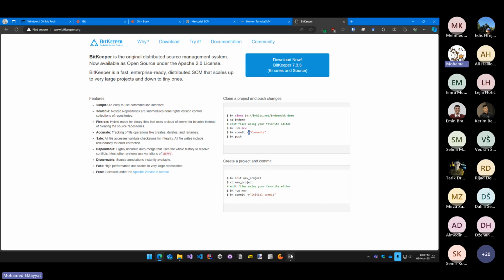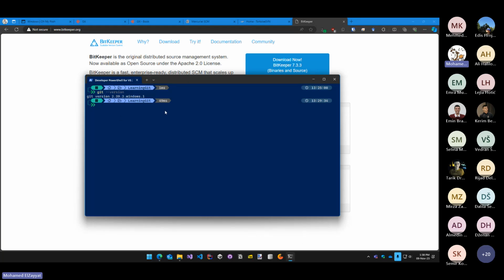Tako je da. Napravio sam jedan folder ovdje koji se zove Learning Git. Mi ćemo naučiti nekoliko stvari danas, odnosno like creating a repository, committing to a repository, branching and merging. Iduća nastava će biti merge conflicts, undoing stuff, if you have mistakes, how to amend your mistakes and so on